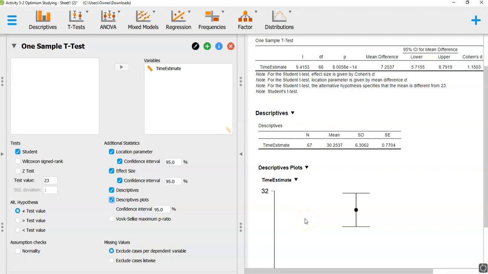I think this is everything that you need to get JASP to give you the numbers to complete activity 5.2 successfully. If you have any questions, of course,